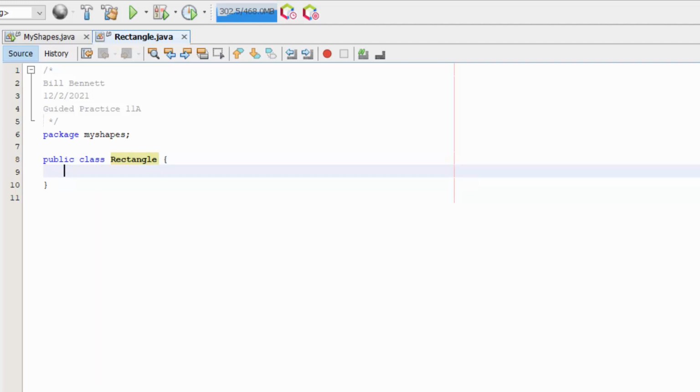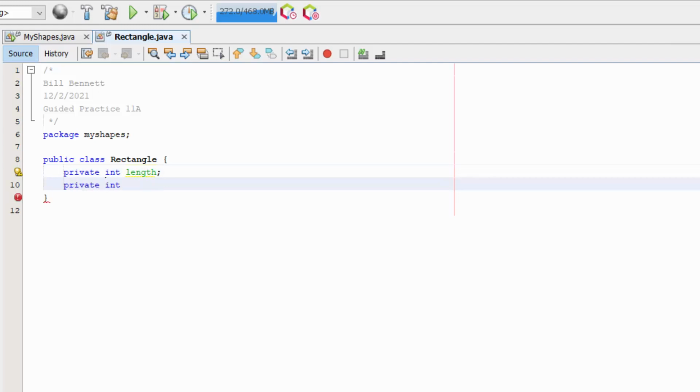Now, if you have been reading the lecture material or watched the lecture video, you notice that we created a class called Fractions, and in there we had the data section where we created variables of num and den, which was for the numerator and the denominator. So those are the components that make up a fraction. So in a rectangle, what we need to have is a length and a width. And we want to make those private because we don't want the user of our class to be able to directly access these data values, these variables, also known as fields, by the way. So we make them private,